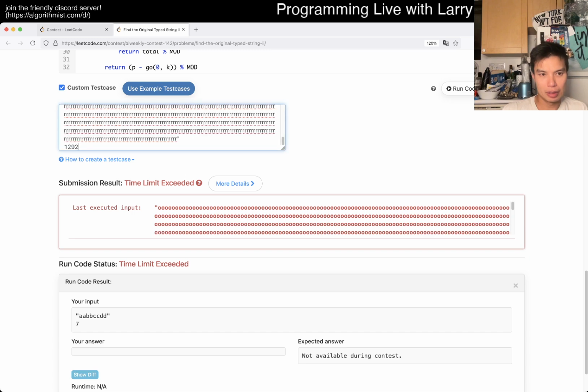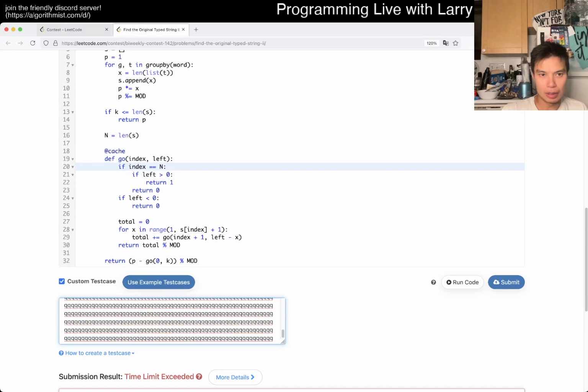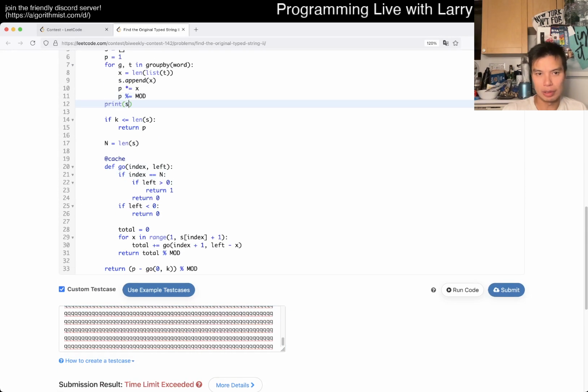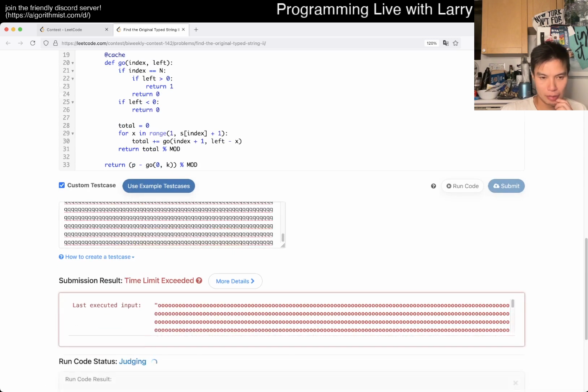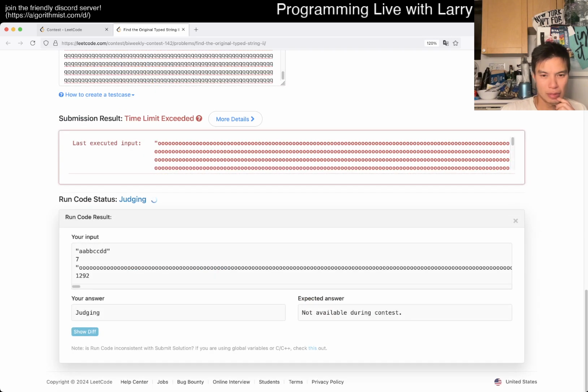What is this? Let's see. Just want to see what the composition of this is. There was no chance it would have passed, so okay.